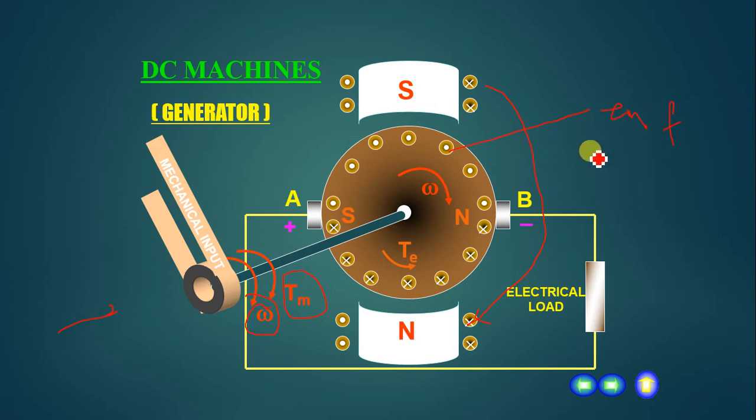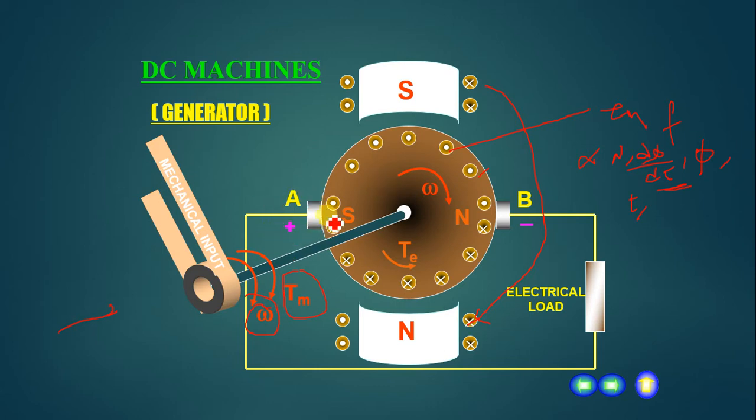This EMF is directly proportional to the number of coils in the armature, the rate of change of flux, the magnetic lines of force or magnetic flux itself, and the thickness of the conductor, and there are some more factors associated with the armature. So the input for the generator is mechanical energy, and this mechanical energy rotates the armature, causing the flux lines to be cut by the armature windings, which will vary.